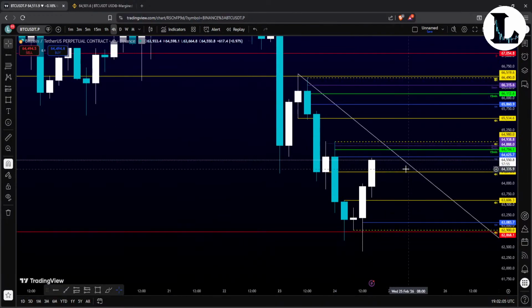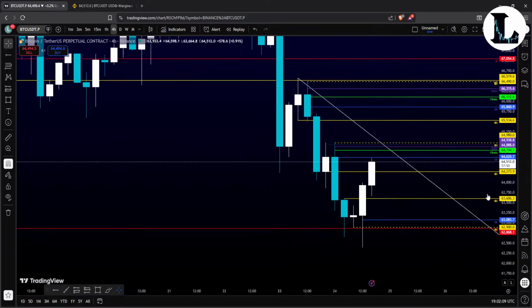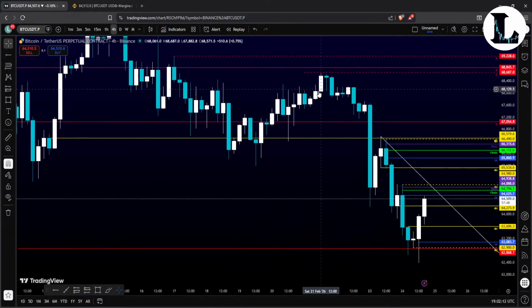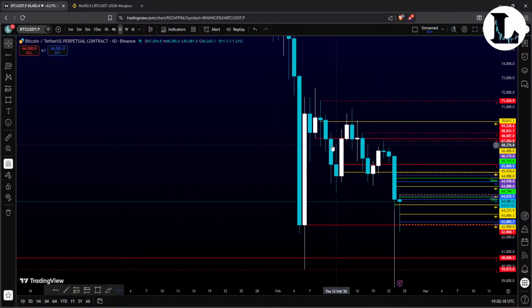So if we create a daily there, this 4-hour might not be enough to hold the price down. We might need another higher level here, probably a level that is bringing the price down, like this daily big resistance, okay, or even higher,